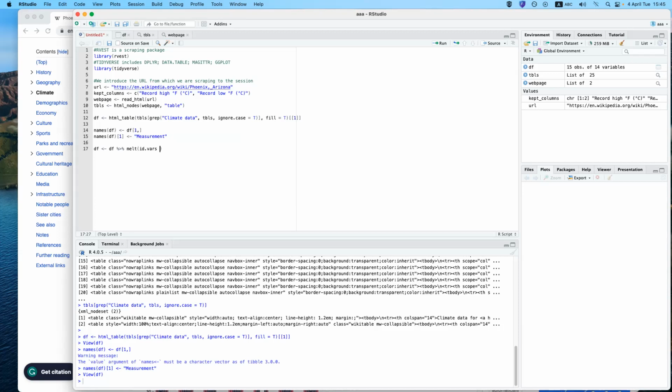Sorry, where is my equal sign? Do I have any equal sign? Let me copy paste this because I can't find my equal sign. Equals vector of measurement,